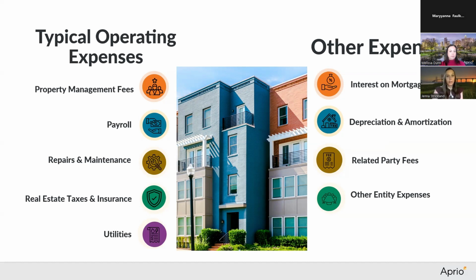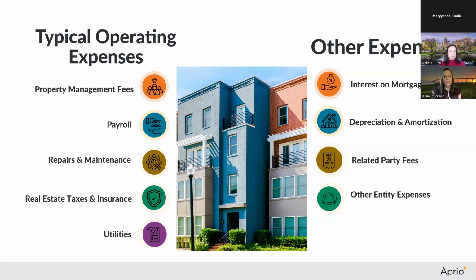And then we have our other expenses. The other expenses are typically things that are not a part of operations. Some people will call these below the line. Some of these are also considered non-cash. So you're always going to have your interest down there. This can be the interest that you're paying on your debt or interest that you're paying on any related party fees. It can also be interest income that you might be earning on your escrows. Then you're going to have your depreciation and amortization. These are often referred to as non-cash, as it's just kind of a gap figure for your assets that you're having to depreciate over their lives.